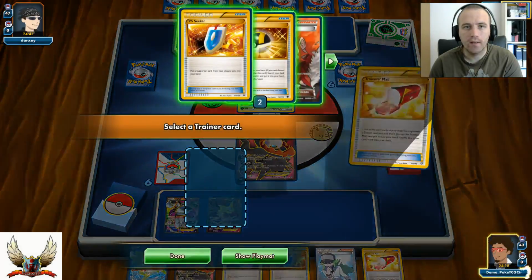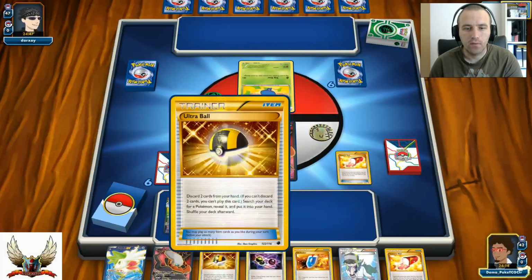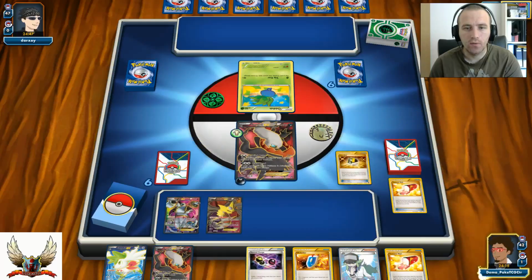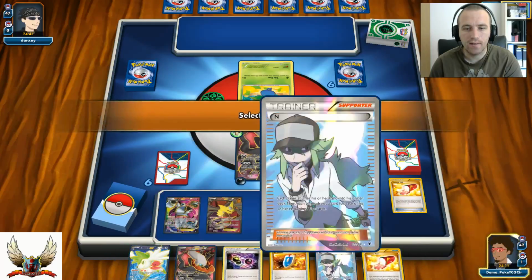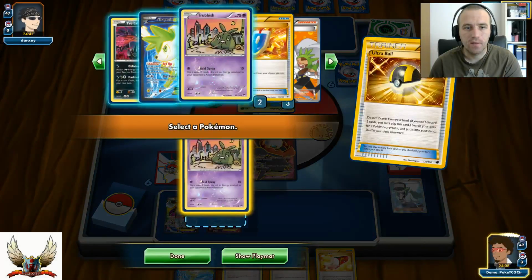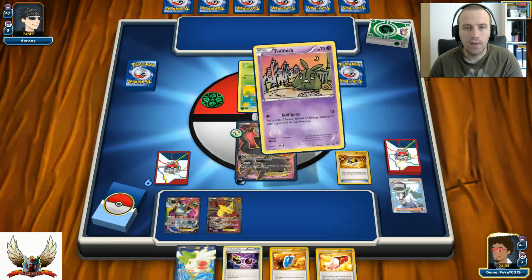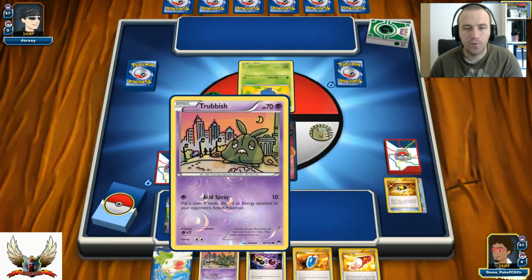Of course I need to find my Trubbish, so I can basically silence my opponent's Vileplume. So there is Ultra Ball, and I'm definitely going to play my Ultra Ball right here, and that will be for Darkrai and N. I don't need another Darkrai yet, so let's pick a Trubbish, put it on the bench, and basically hope to find something like Float Stone,